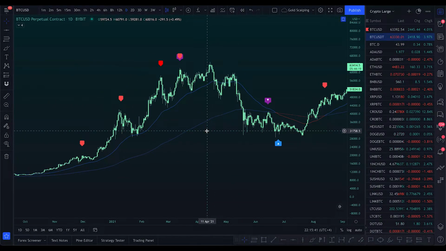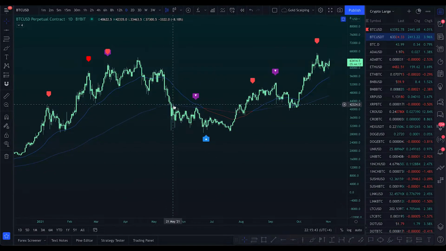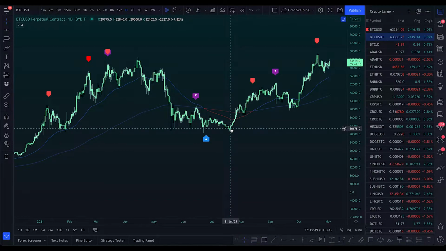You probably heard that from many other YouTubers. This is exactly what happens, right? The price, boom, fights against it. But the moment you break the 200, your next boss is the 50. And well, this is the 50 now, right? The 50 is running low. The moment you break the 50, your next boss is the 200. So now the 200, if you fail,